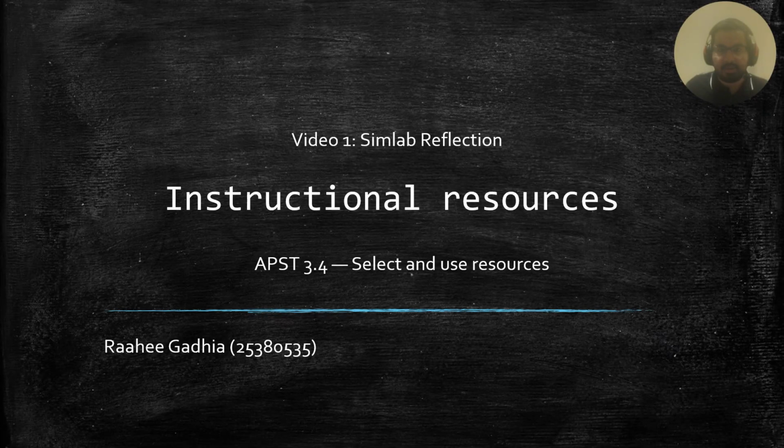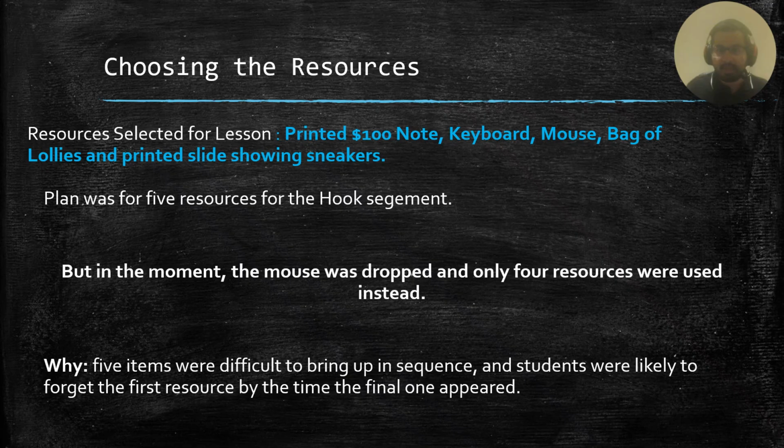This reflection focuses on APST 3.4 instructional resources through a Year 7 Economics Hood segment on scarcity and opportunity cost, which I presented for the Year 7 SimLab micro-teaching. For the lesson, I used instructional resources to help the students follow along, which were a printed $100 note slide,